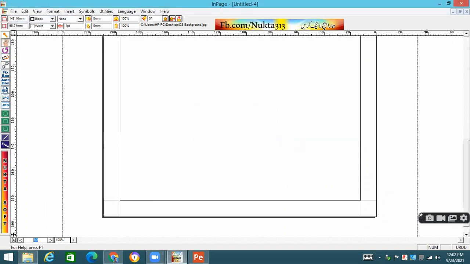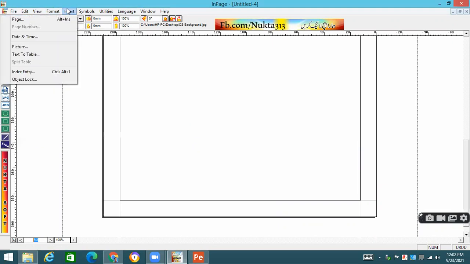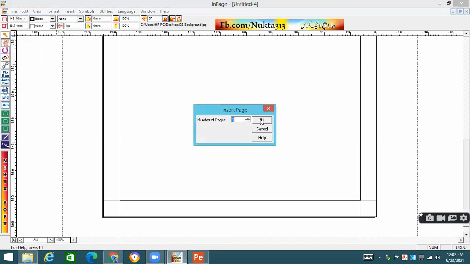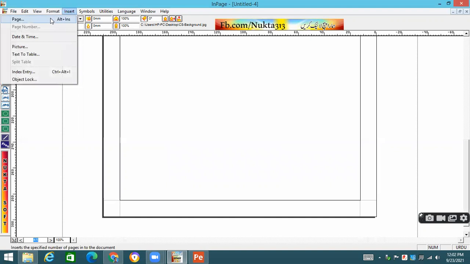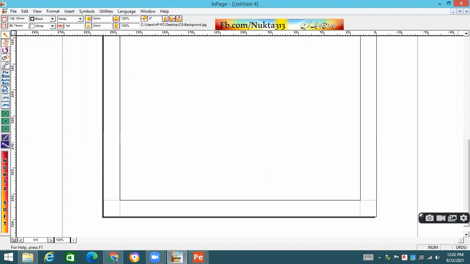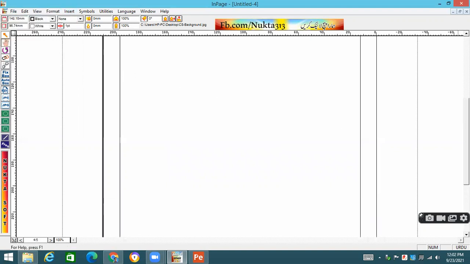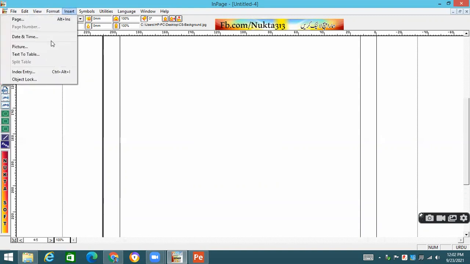Now there are 3 pages. If you take another page, or want to add 2 more pages, you can add in this way as well. Now there are a total of 4 pages. Insert page. Okay, fine. So in this way, we can insert multiple pages in the document.